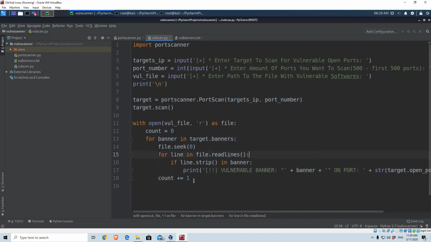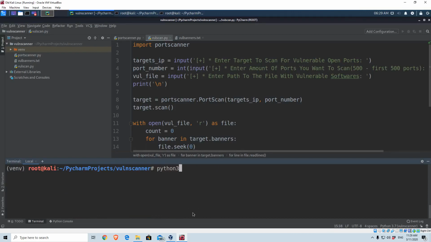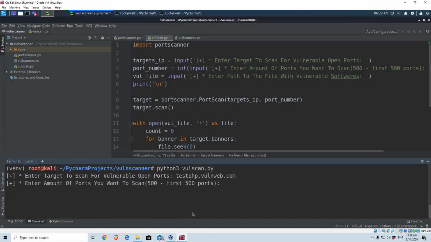Alright, so now that we recapped all of the things that we did, let's perform one final test to see whether it works. If I clear this, python3, and then volscan.py, let's perform the same test once again, volweb.com, first 100 ports, and